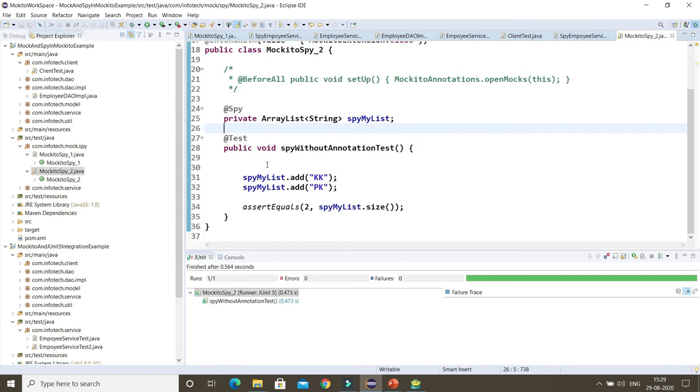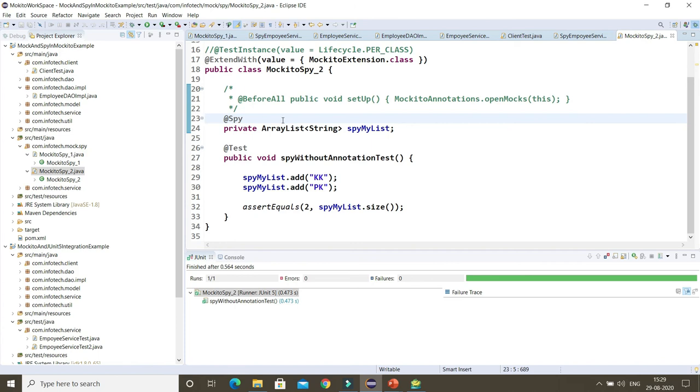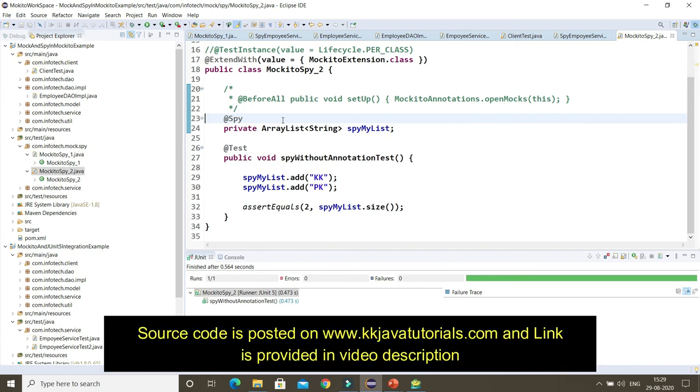So guys, I hope you understood the difference between @Mock and @Spy annotation. Whenever you want to get a spy object of a real, existing object, then the real method of that object is getting called. But when you get the mock object of any interface or any class, then the actual method is not going to be called, right? So you have to instruct Mockito. If I call any method on a specific mocked interface or mocked class, what has to be returned, you are going to instruct Mockito.